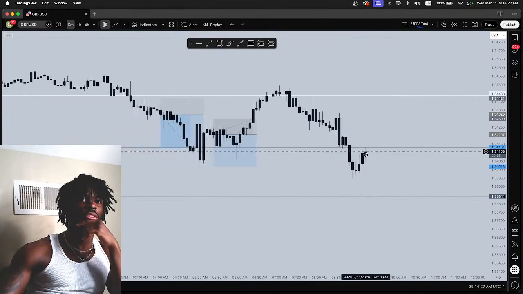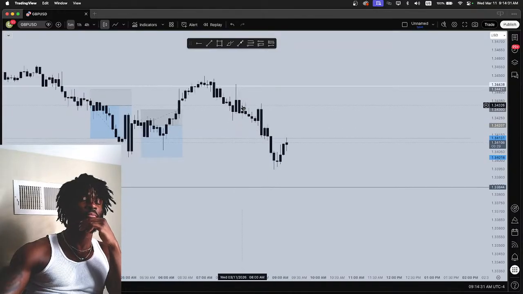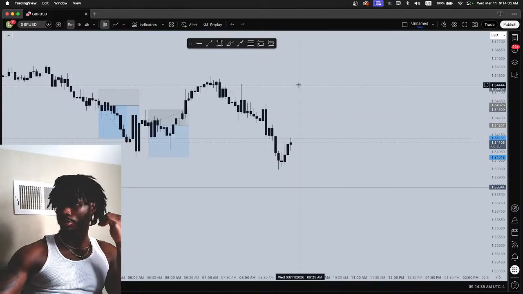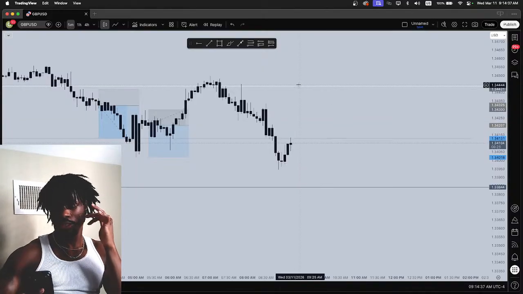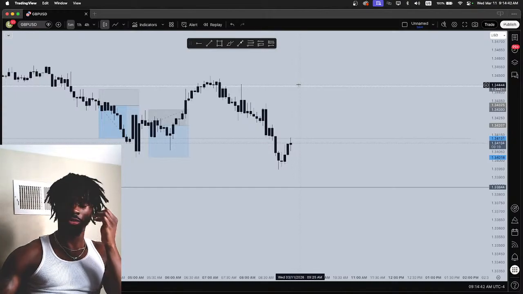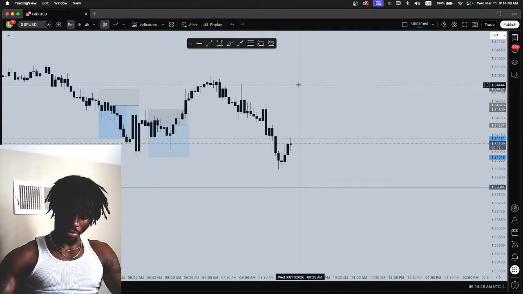If price does maintain and hold as resistance, what I'm seeing is the 5 minute is aligning with the bearish structure. So 5 minute is aligned with bearish. That's literally all I need for me to enter the trade. There's nothing else. If the market was bullish, I would just wait a little bit longer. But since the 5 minute is aligned with bearish, if price does give me a rejection here,